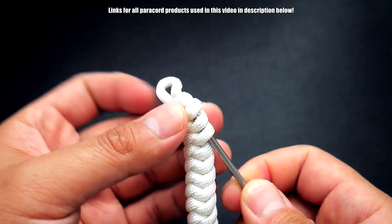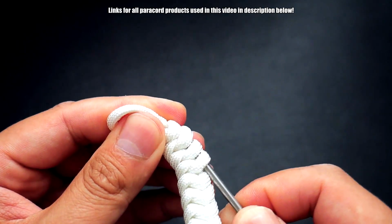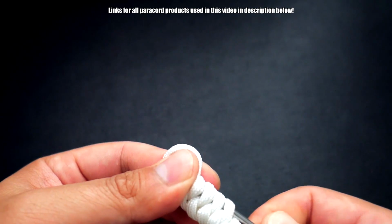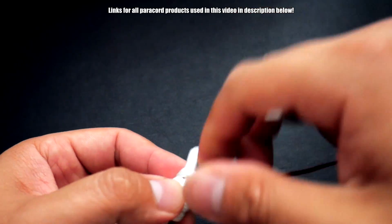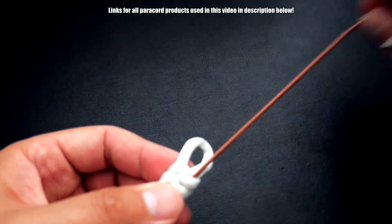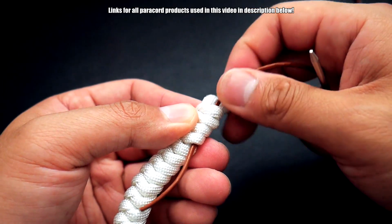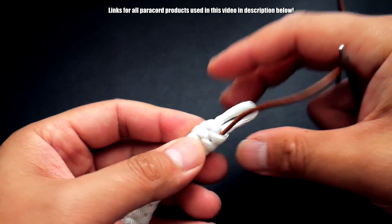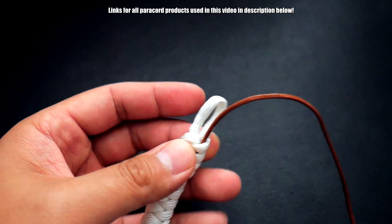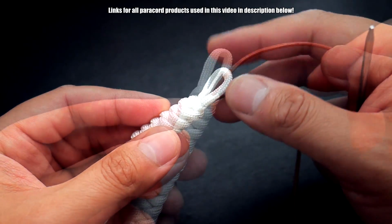Careful not to pierce through the actual paracord itself. Oh, sorry about that. So go underneath and go all the way through here, like so. Okay, so pull all that almost through and stop just shy of the end of the leather cord. Okay, so now from here we're going to